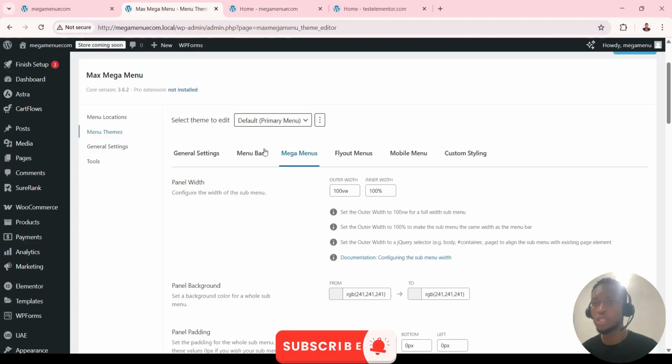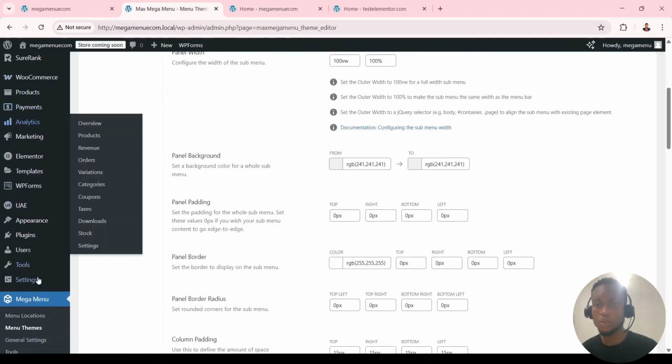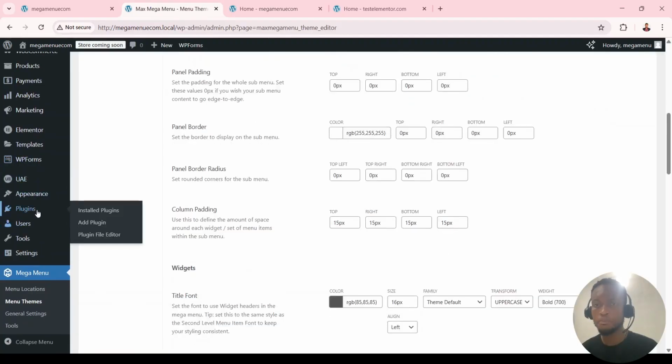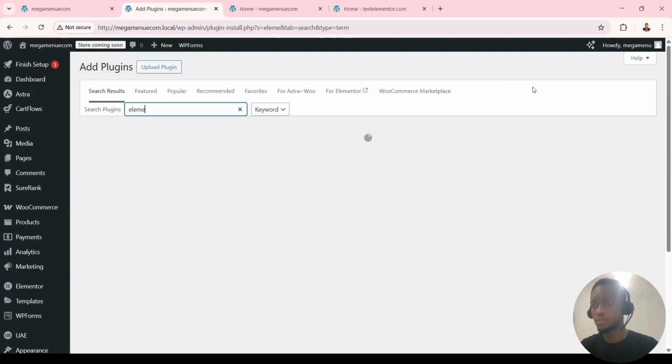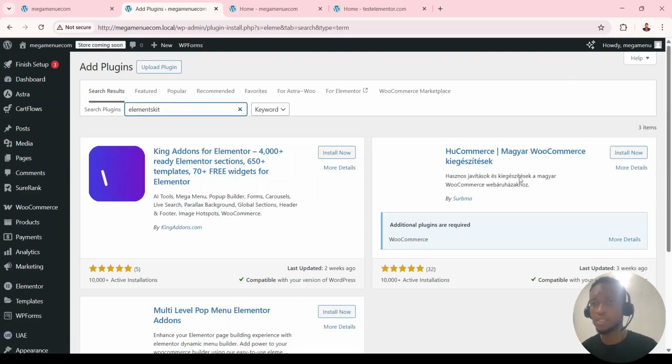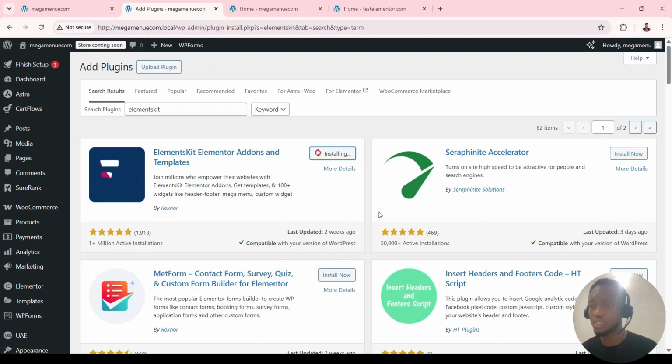Alright, so I'm going to go to the next one, which is ElementsKit. Go to plugin, add new plugin, and then type ElementsKit. ElementsKit. So I'm going to go ahead to install this, and when I do, now you can see here